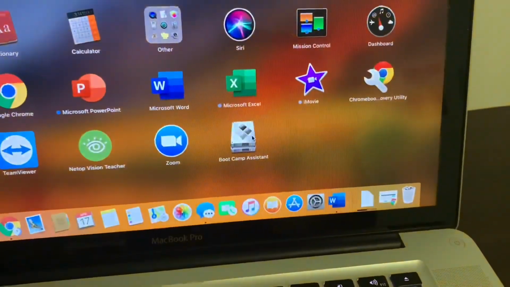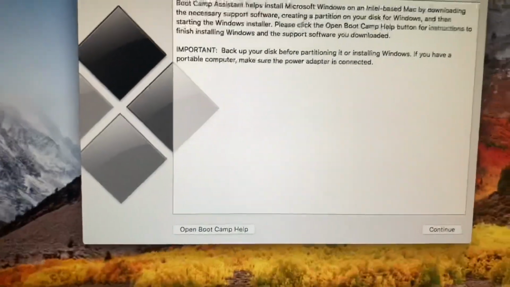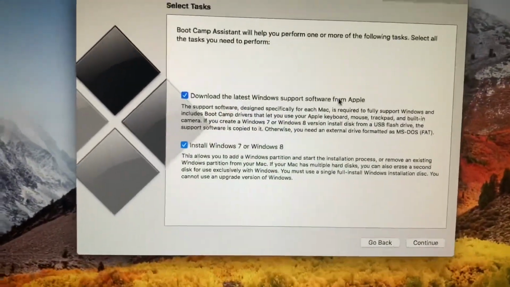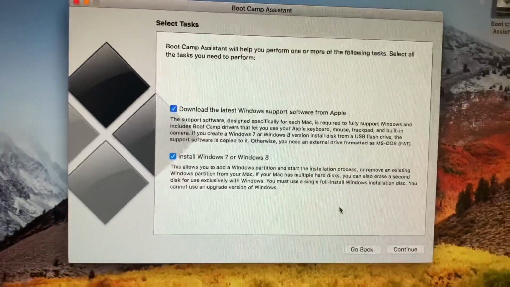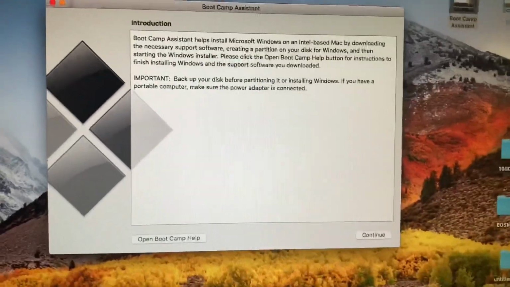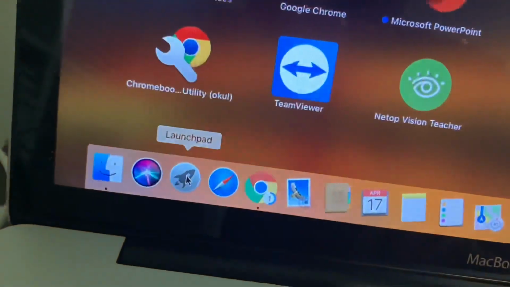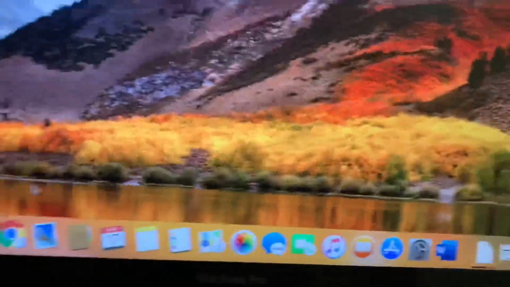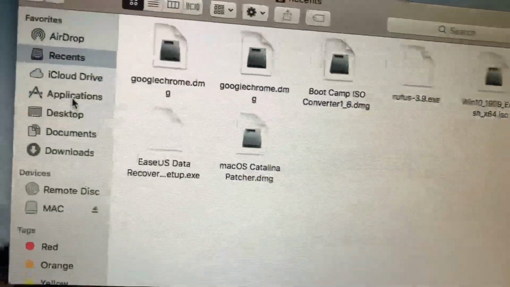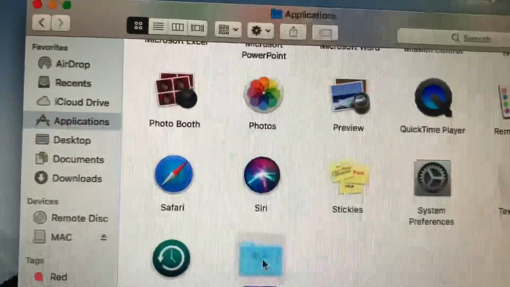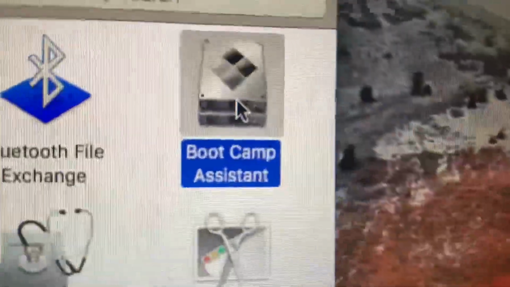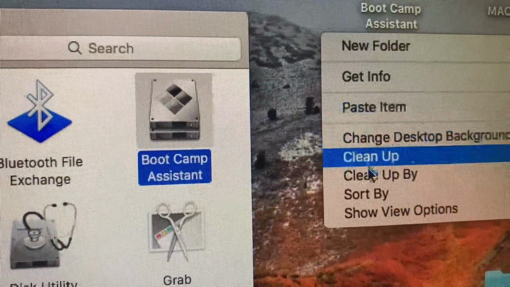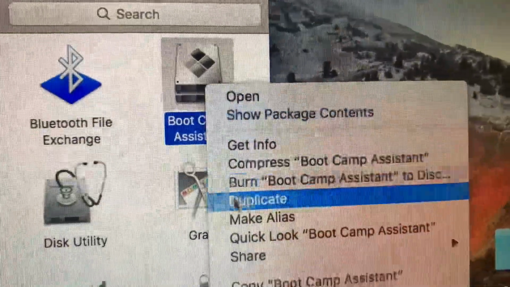My MacBook Pro is mid-2010. It's old, I know, but normally it's supposed to be right there. Install, create a disk for Windows, but there is nothing over there. Basically, you're gonna copy Bootcamp and put it on the desktop, and then you need to do some sort of coding thingy. And as you see, I'm gonna make a copy and put it on the desktop,